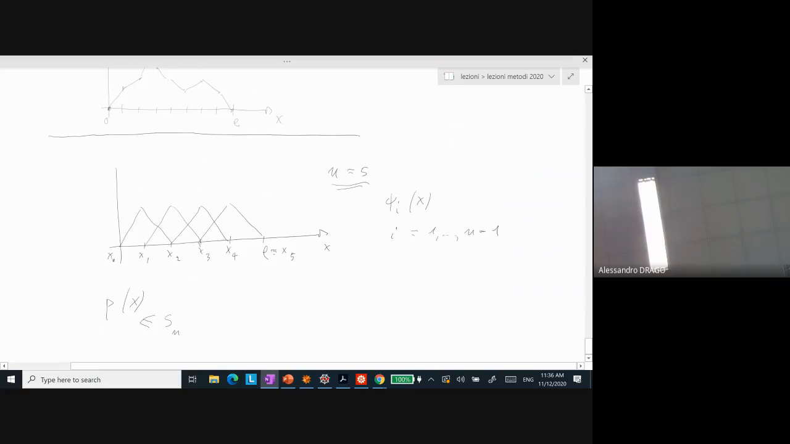Sn contains all the functions which are continuous and linear between points on the grid. So whatever function p of x belonging to this Sn can be written as a sum. Also recall that I have imposed the condition that the functions are vanishing at both ends. It can be written as a sum with i running from 1 to n minus 1